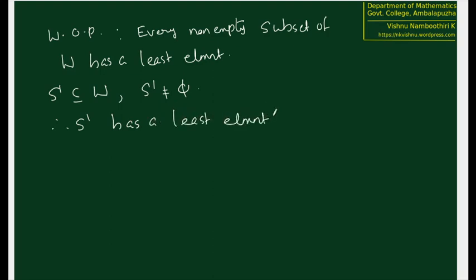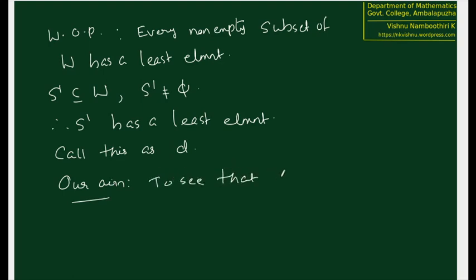So we located a least element in that, call this least element D. Our aim is to verify, to see that D is the GCD of A and B. This is what we want. Okay. So to show that D is the GCD of A and B, we need to verify that